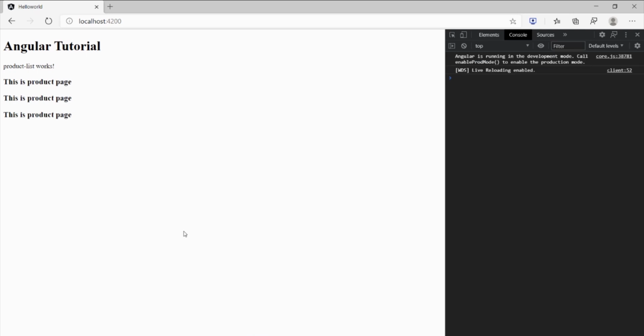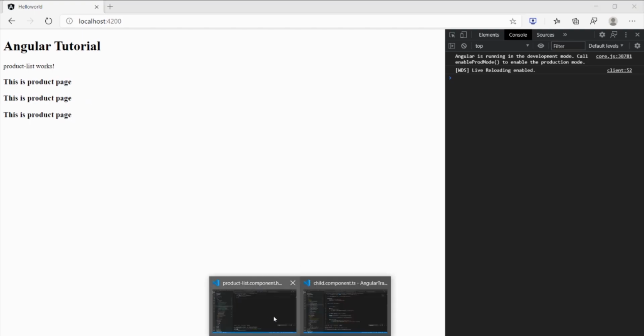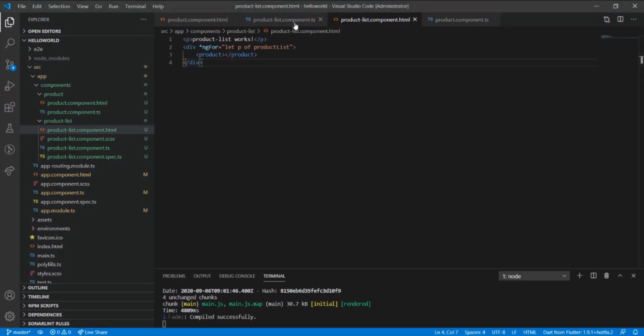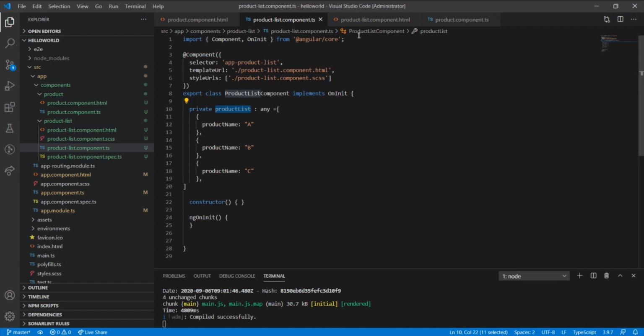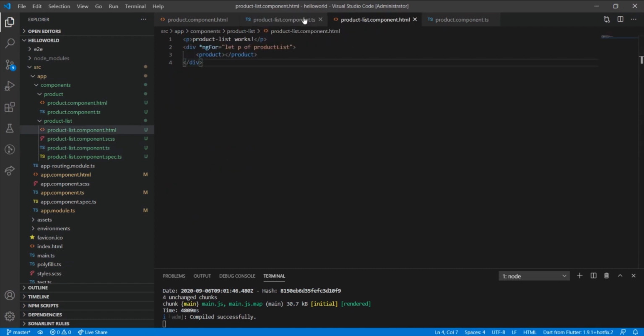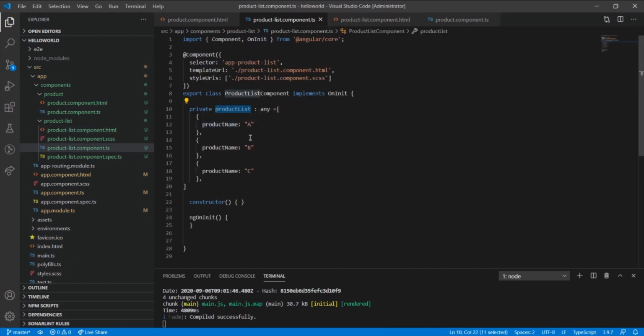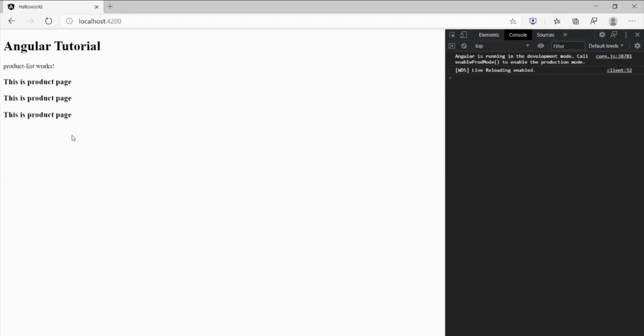Here you can see we have rendered the product 3 times. Why? Because we have 3 objects here. Each and every object represents a different product. That's why we have seen this component rendered three times.